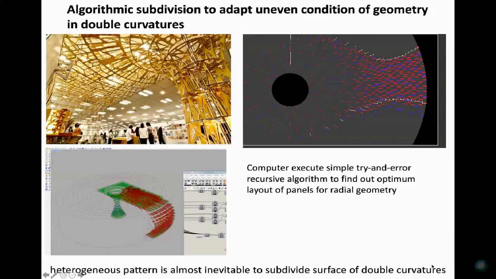Basically our intention in this project was to achieve shapes with double curvatures, using simple joints and panels. A surface with curvature is a typical motif for computational geometry. However, this type of surface needs to be assembled from discrete parts. It is almost inevitable